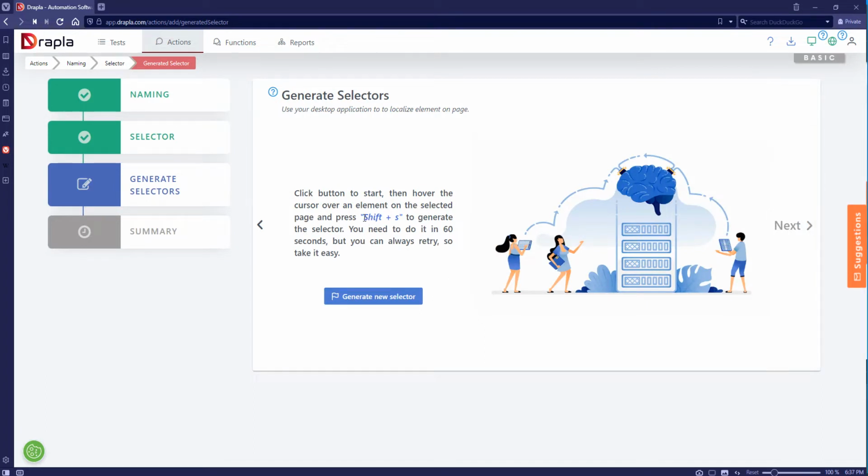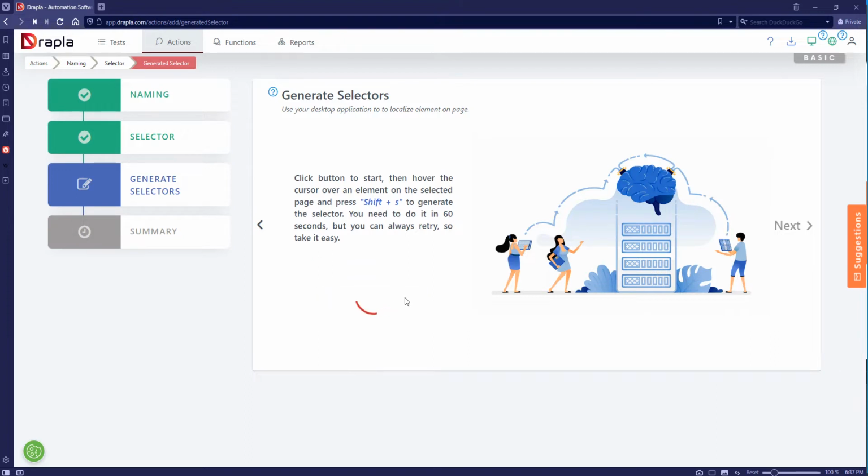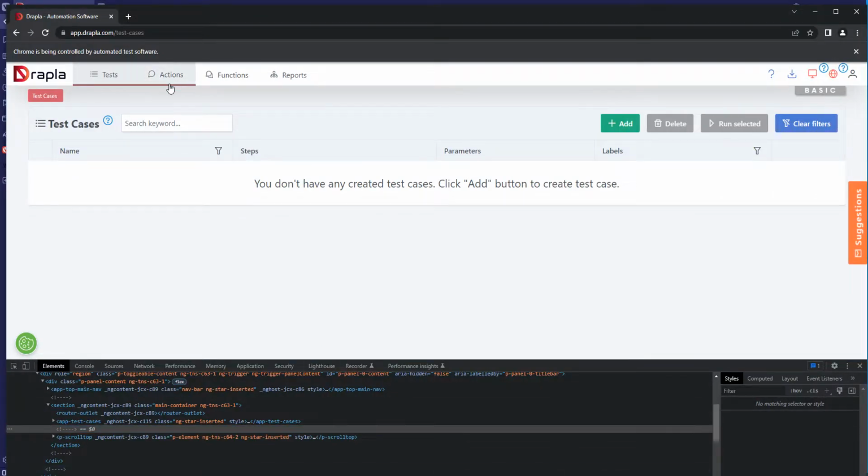And there is an instruction of what we have to do. We have to press generate new selector. We have to use the Shift plus S buttons and mark the appropriate element in the browser. So we have to open the test browser, and we want to click on that element.